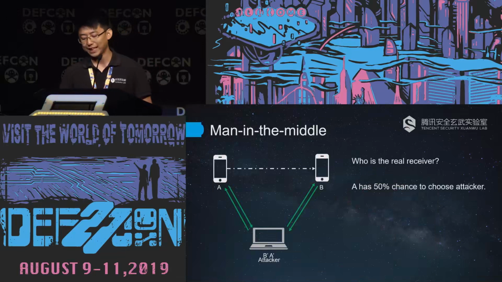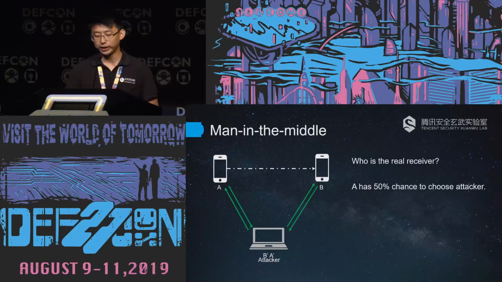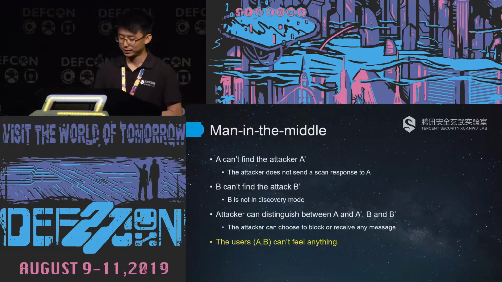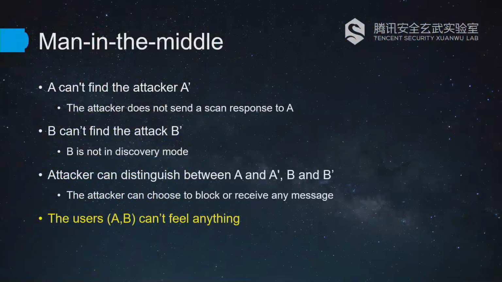Now, we can spoof another real device. Then the attacker can accomplish a perfect man-in-the-middle attack when emulating a fake receiver and a fake sender. As we can see here, if A sends B a file, there will be a 50% chance that the file will be sent to the attacker, and the chances can be improved in many ways. Now, a perfect man-in-the-middle attack can be designed like this.